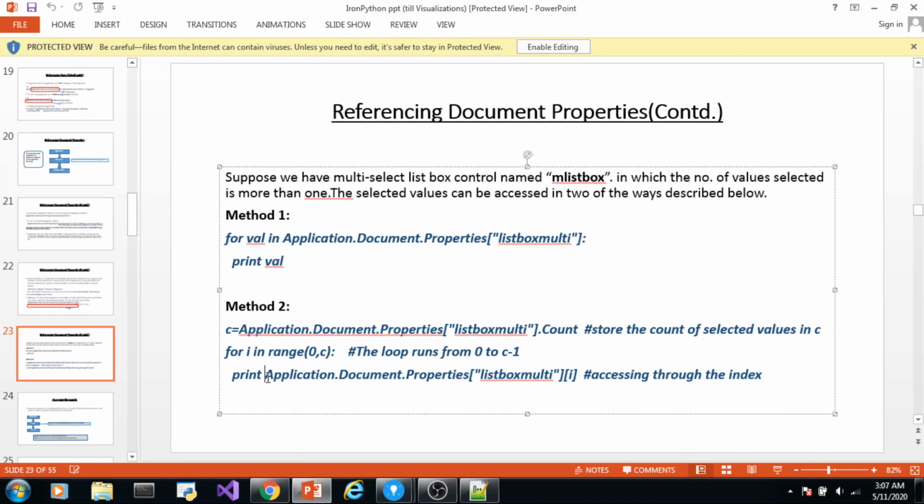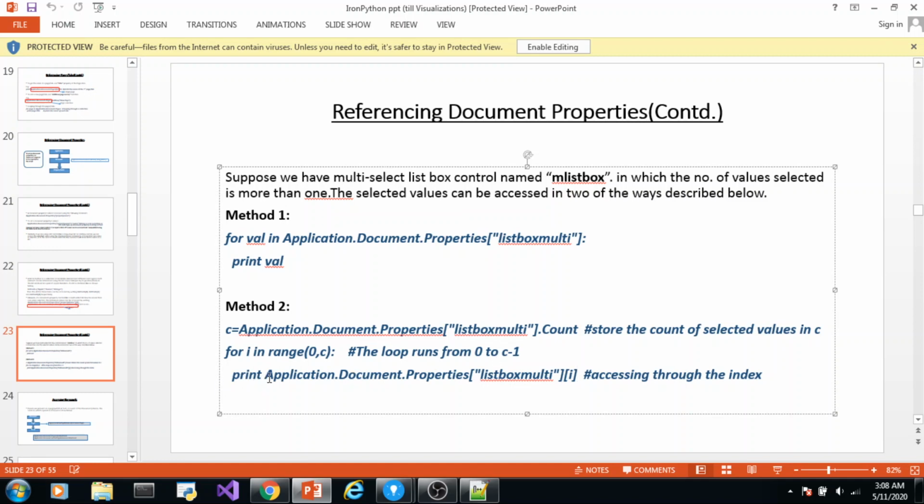So we can access each value by writing the name of the list followed by the index. So when the loop runs for the first time, i contains 0. For example, 4 values were selected. Now since 0 is in this list of items that is returned by range, this statement will be executed.